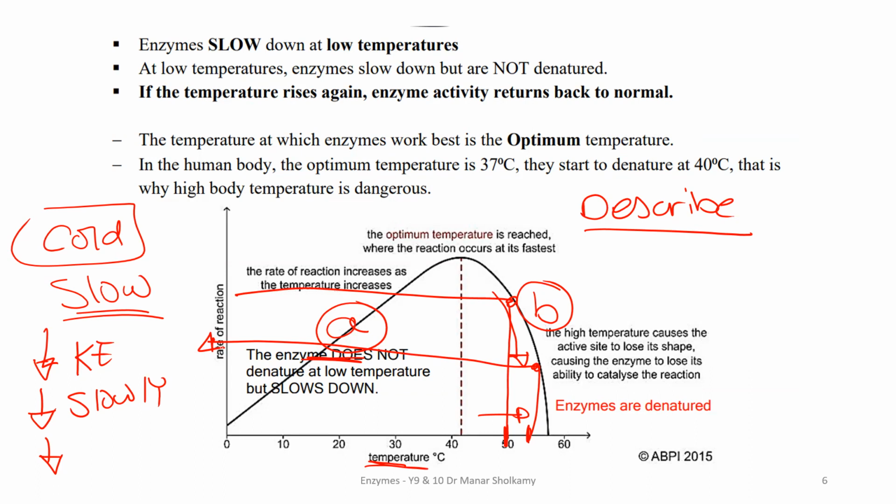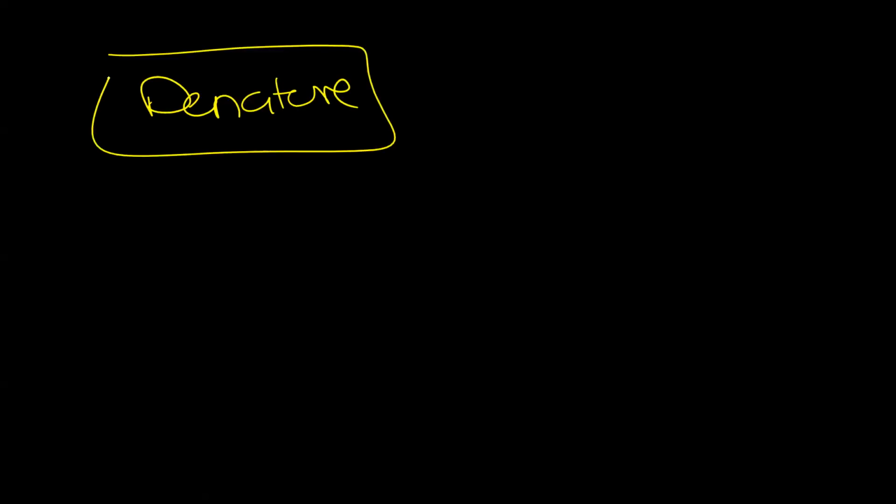Explain, you will say something different. In explain, you will mention why. Why did the rate of the reaction decrease? What will you say here? Exactly. Because the enzymes will denature. And then still it is not enough, especially for year 10. When we come to describe or mention denature, we have to explain what is denaturing of the enzymes. What happens to the enzyme when they denature? The shape of the enzyme changes. Excellent. So the substrate cannot get into the active site and it's not complementary. Perfect. Anytime you mention the word denature, you have to explain